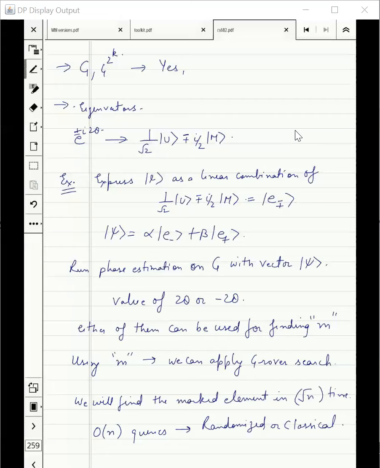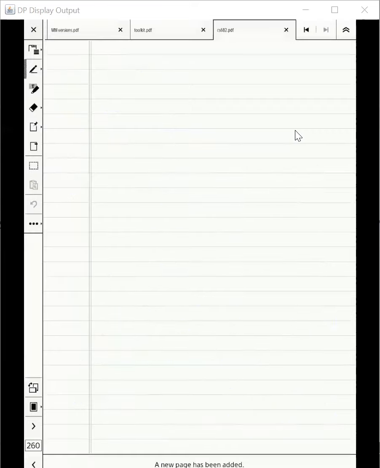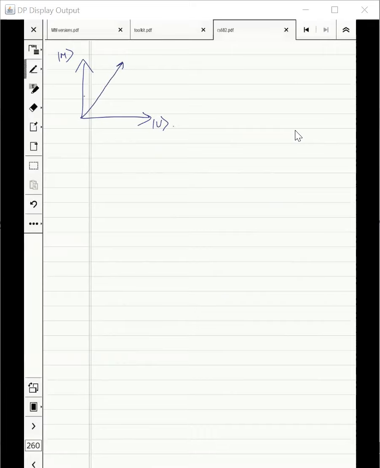Phase estimation cannot find the exact theta. Phase estimation cannot, but even an estimation will do, right? You remember that theta is very, very small. And actually, if you think about it, this is M, this is U. We just need our vector to be such that the projection is like 2 by 3 or something, right? So this angle actually can be huge. It can be something like pi by 3 also. And even then, we will succeed with higher than 2/3 probability or something.